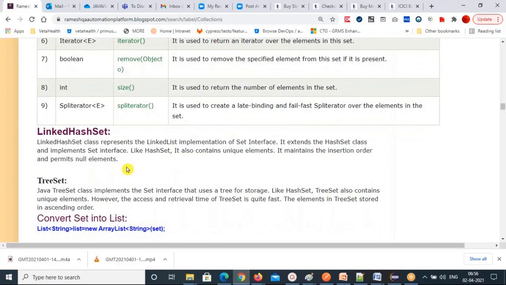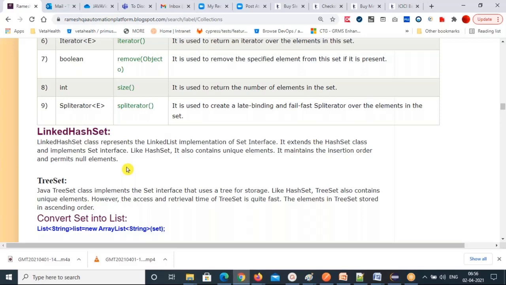So what is meant by LinkedHashSet? The LinkedHashSet class represents the linked list implementation of the Set interface. It extends the HashSet class and implements the Set interface. Then what is the difference between HashSet and LinkedHashSet? HashSet doesn't maintain the order.